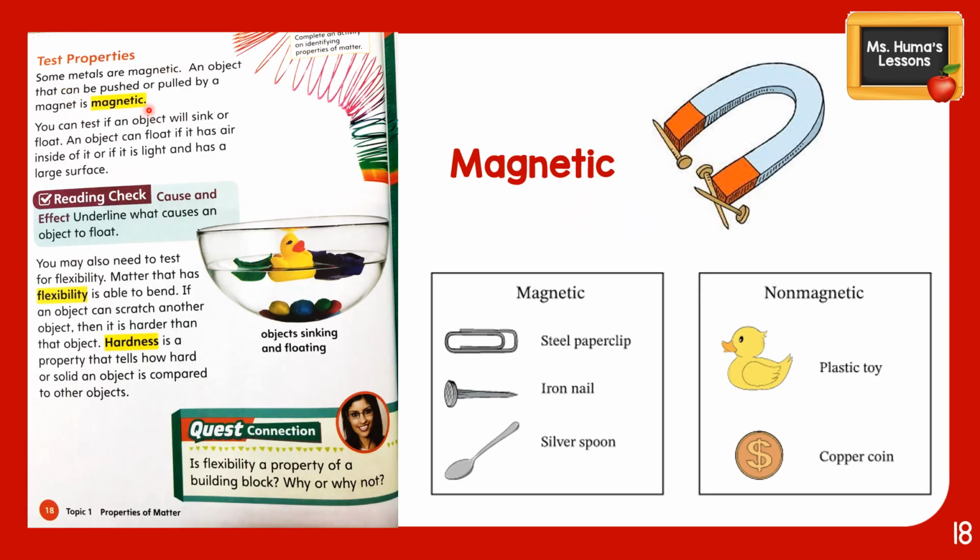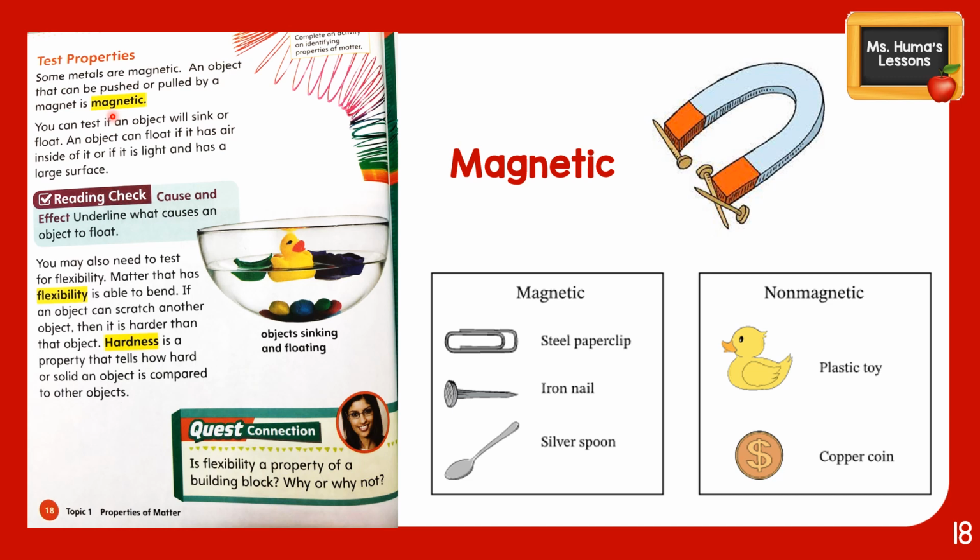In our previous lessons we studied that we can sometimes measure some properties of matter. Later we studied that we can observe properties of matter with our senses. For example, we saw that we can see its shape, its color, its texture. Okay, so there are some things we can measure with the help of some tools like temperature, like weight. There are some properties of matter that we can see or touch and feel. Okay, so we can observe it, but still there are some properties of matter that we have to test,